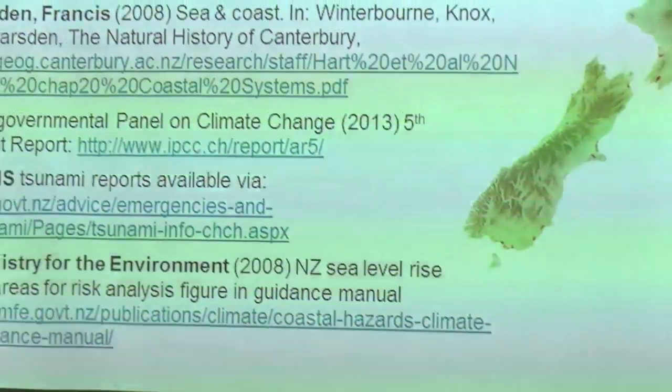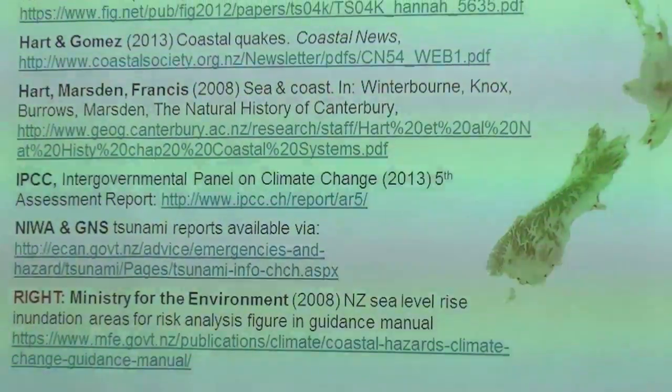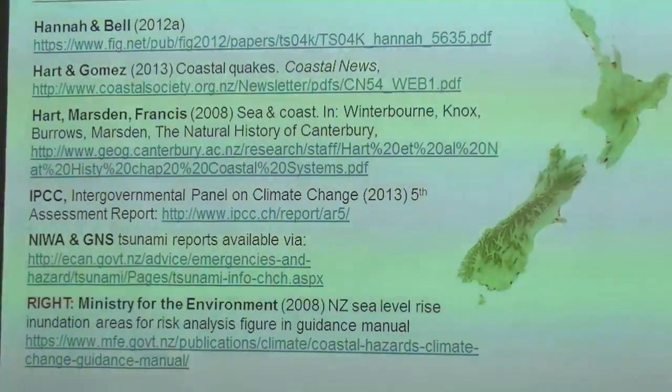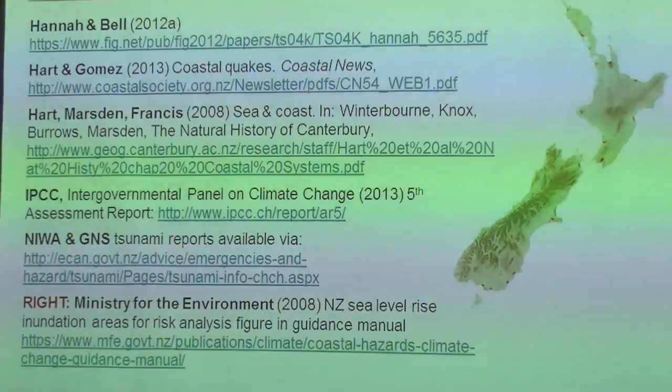So I've just put some references at the end of the presentation so that when that goes online, if you want to follow up on some of those reports and read the detail, because I've cut a lot of the detail out, I'm trying to give you a complex picture, but in a very short amount of time you can look in that.